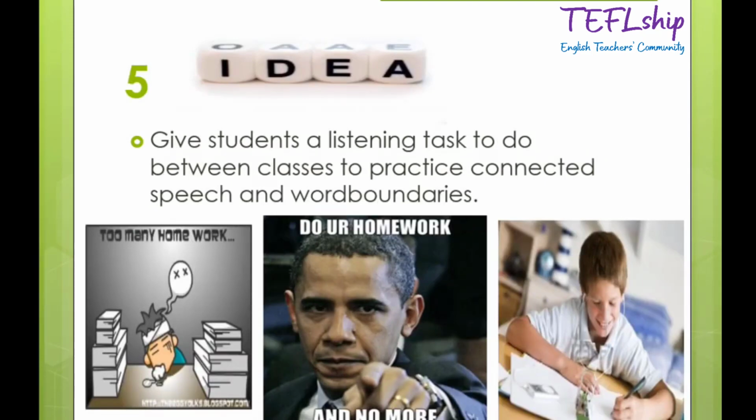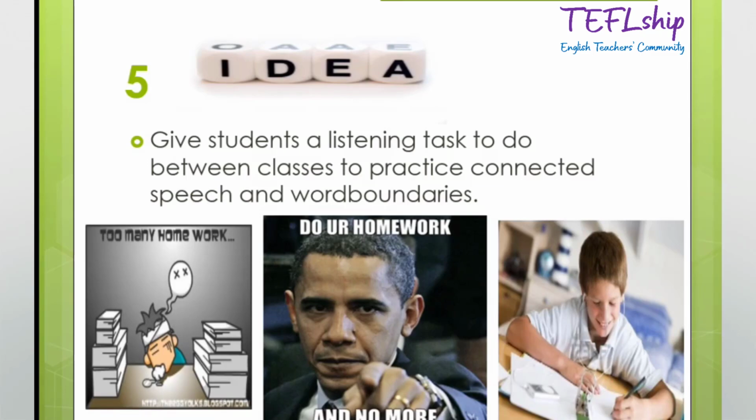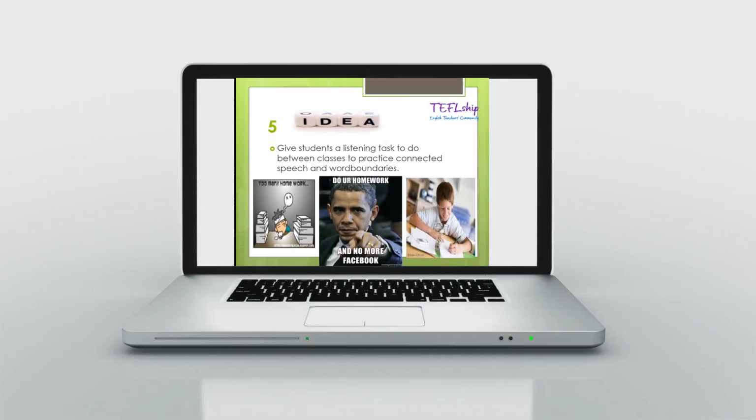Also, you can give students a listening task to do between classes to practice connected speech and word boundaries. You can give them tasks for some connected speech to try to repeat them alone. Try to listen more than once to an audio with